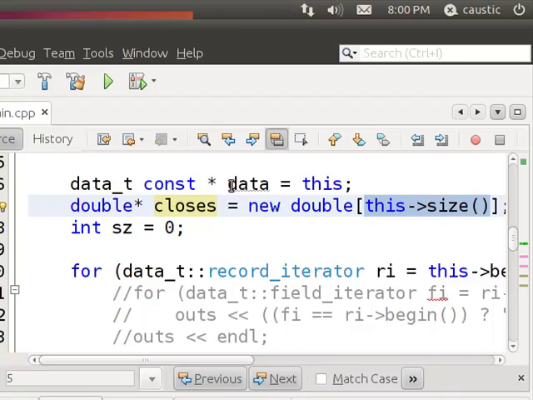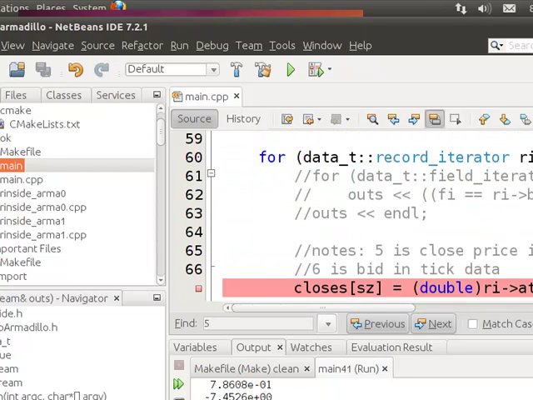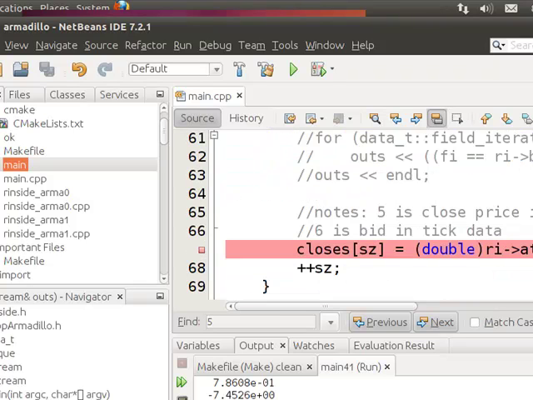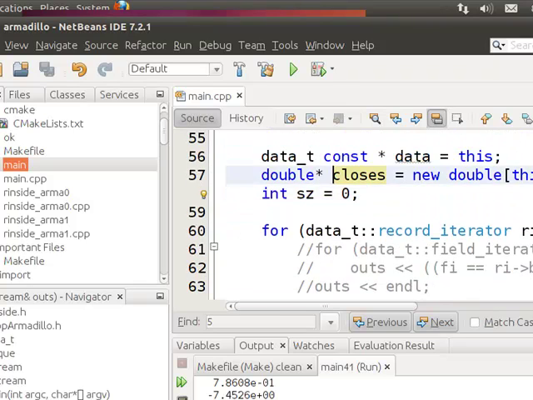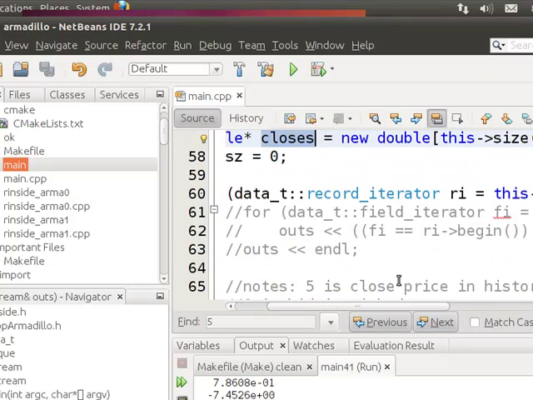That's what the closes is. We've defined a local size integer and all that. So what we're going to do is create our new closes dynamic integer array, and we cycle through, iterate through our